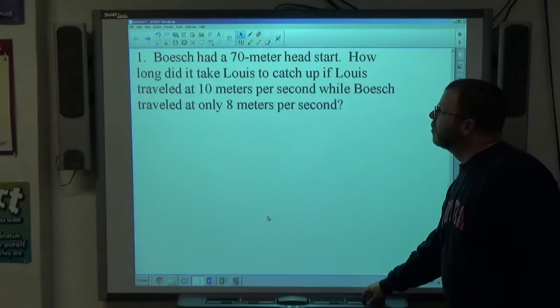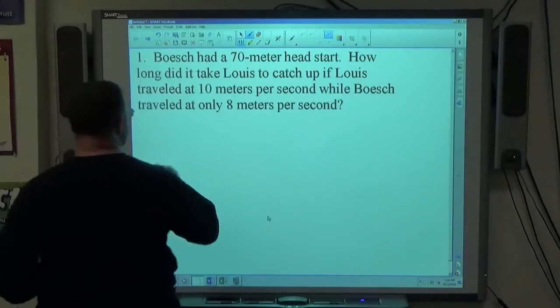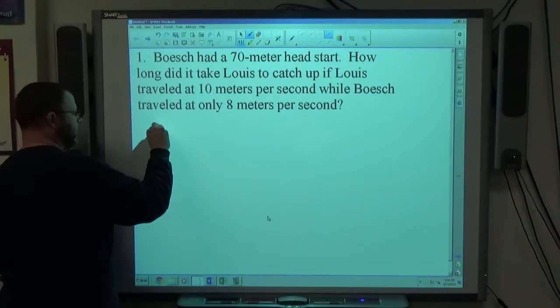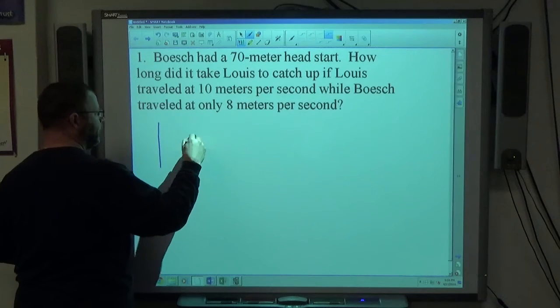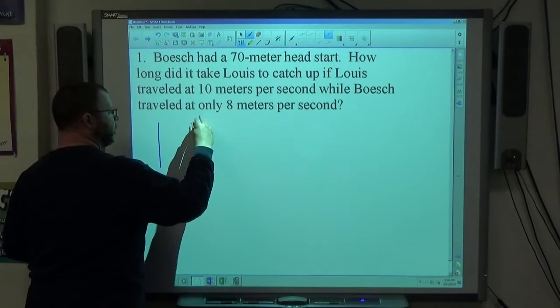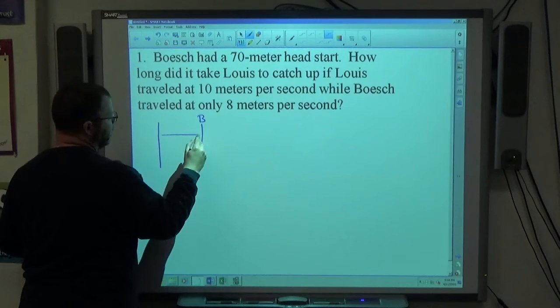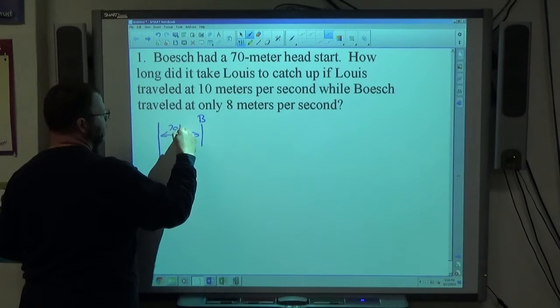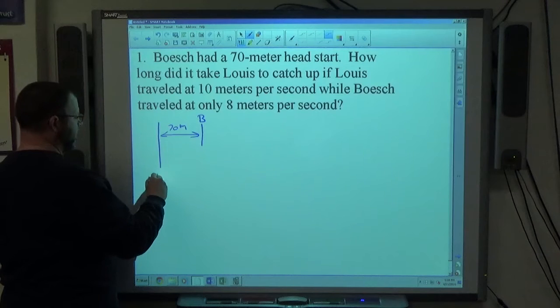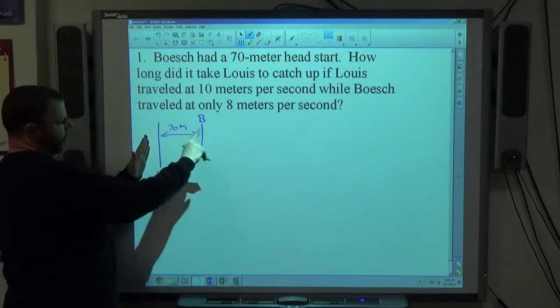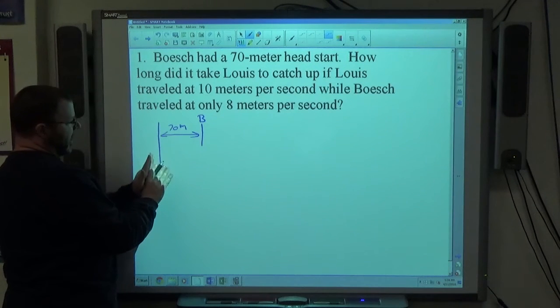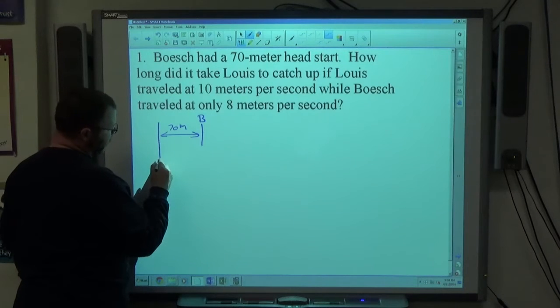Alright, number one, it says Bosch had a 70-meter head start. So if we want to draw a head start, let's say this is the starting line for one of them. This will be Bosch's starting point. So he's 70 meters ahead of the other guy. Lewis is the other guy, he's over here. So Bosch is ahead of him and Lewis is behind, which means he's going to be running this direction to